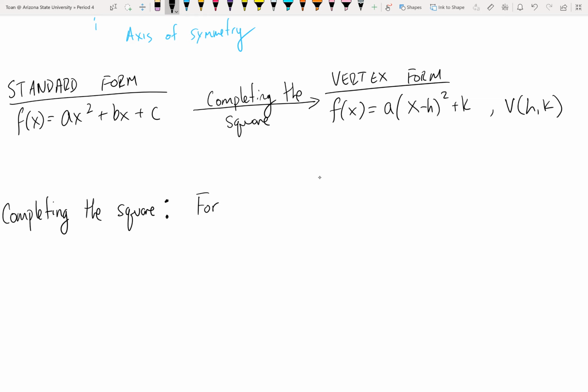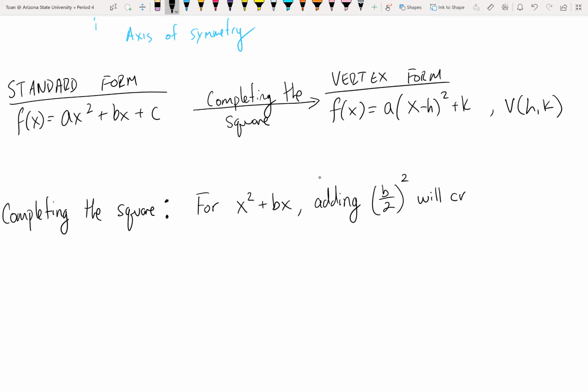For all quadratic expressions of the form x squared plus bx, notice I'm only interested in the x terms. When you complete the square, I don't really care what that constant c is. I just care about the stuff that contains the x. The act of completing the square is adding a specific number. What is that specific number? Well, it is exactly half of the b number, squared. Adding b over 2 squared